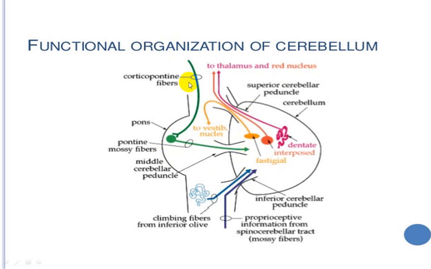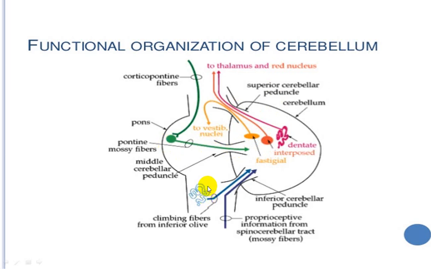There are also corticopontine fibers which will be connected to this particular nucleus. Then from the dentate nucleus you have dentatorubrothalamocortical fibers, which connect the cerebellum to the cerebral cortex. You have the vestibular nucleus connection to the fastigial nucleus of the cerebellum. These are all the different multiple connections. So the cerebellum is connected to the basal ganglia, to the cerebral cortex, and to the vestibular nucleus,